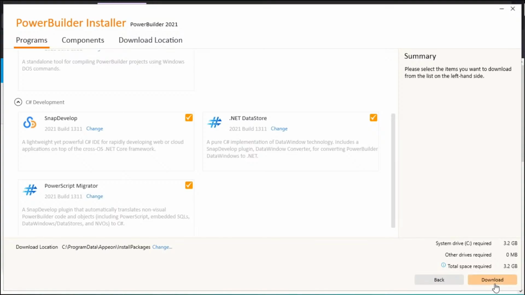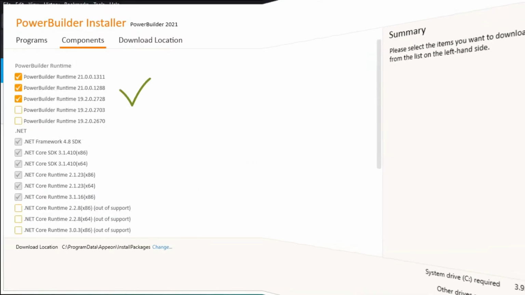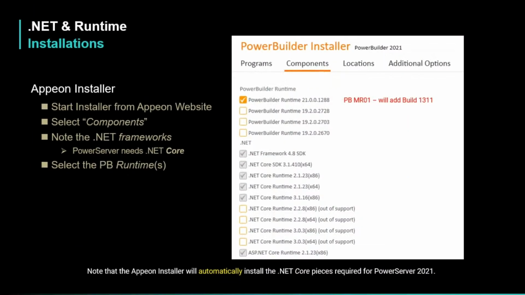And then notice at the bottom right-hand side, you would just hit the download button, bring down those install packages, and then run the setup.exe of those particular packages once you've downloaded, and it'll install everything on your development environment. So once you've run the Appeon installer and either done an online install or brought down the packages and run the packages to install the PowerBuilder runtime,